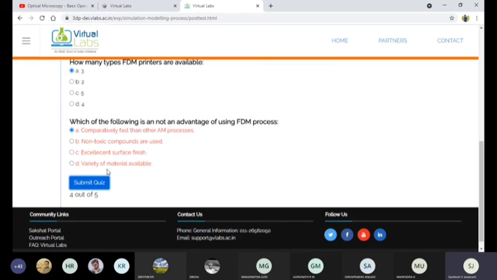Let's check this one also. Again it is wrong: excellent surface finish. We cannot get an excellent surface finish, only a grainy surface finish. That's the first disadvantage we are discussing.